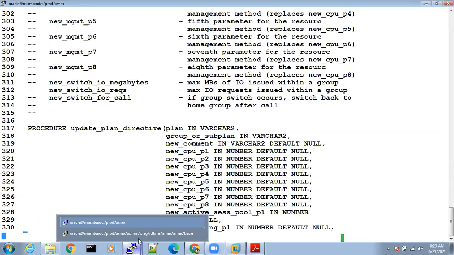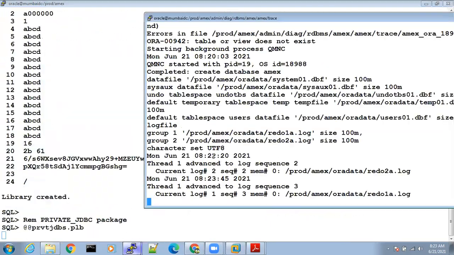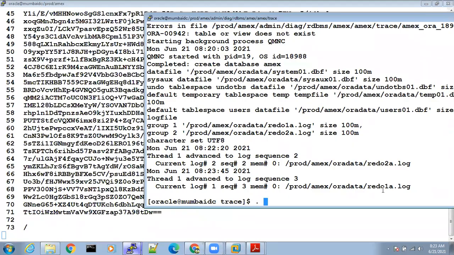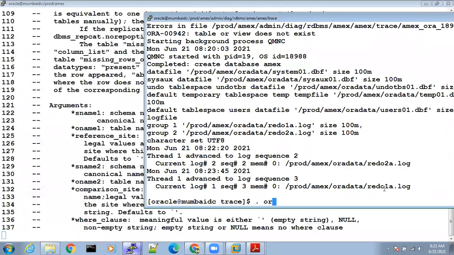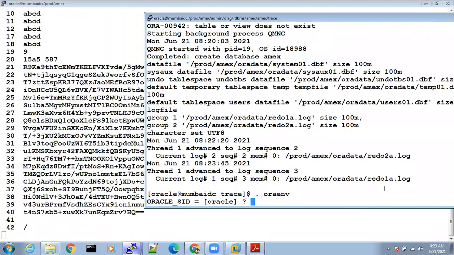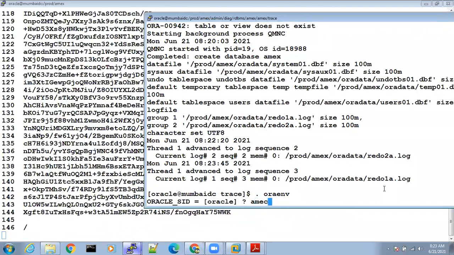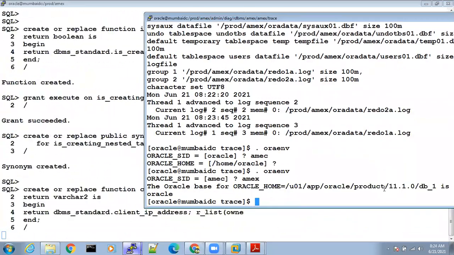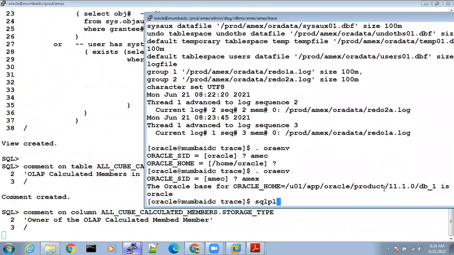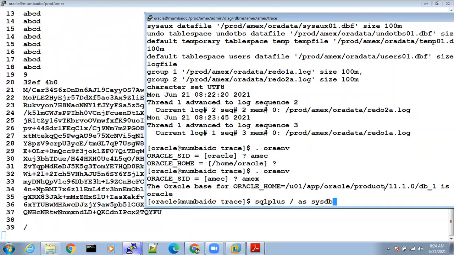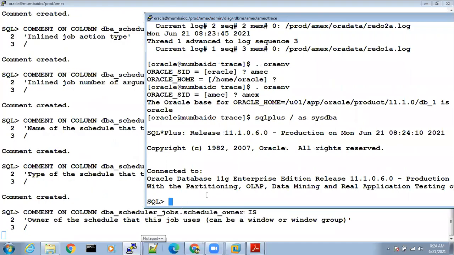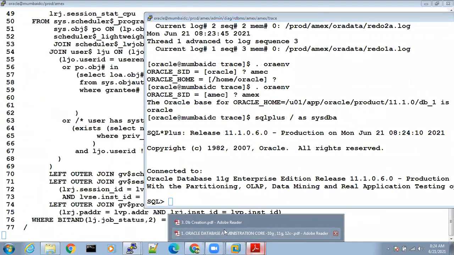So what we can do now is connect to the database from another session also. We can connect to the database from one more session. Whenever you want to connect, you have to give . oraenv and your database name, here MX. You have to set the Oracle home, then connect to SQL Plus. If not, it says command not found. Now you have connected to the database, right? You can check with this command.